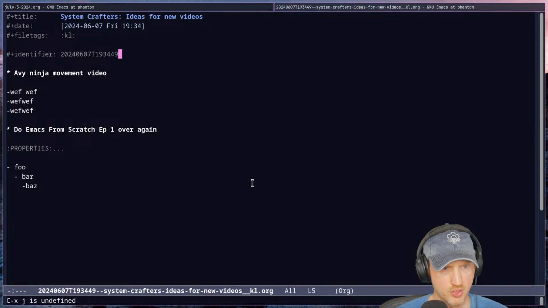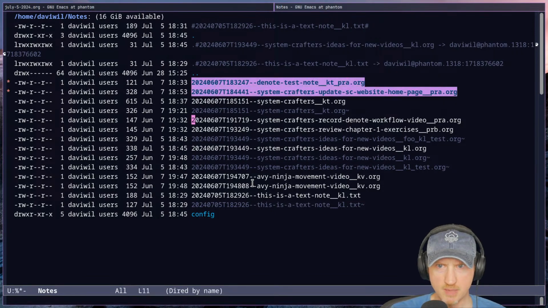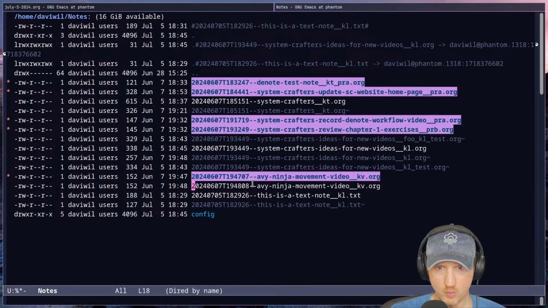Let's see, Control-X, J, Control-X, Control-J. There we go. Wow, there's so many backup files in here. Kind of gross. All right, so I'll just mark some of these with